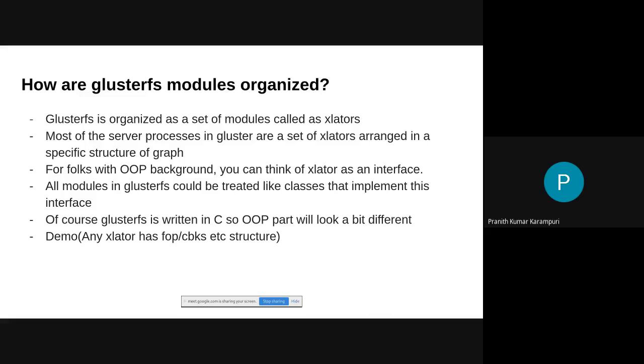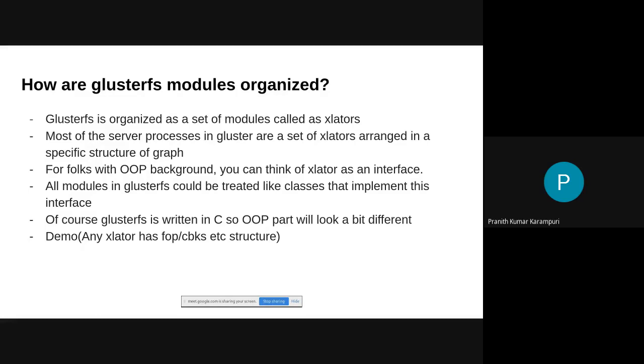For folks with an OOP background, you can think of a translator as an interface. And different features in GlusterFS will try to modify some of the file operations, the FOPs, a bit differently to provide that module's functionality.